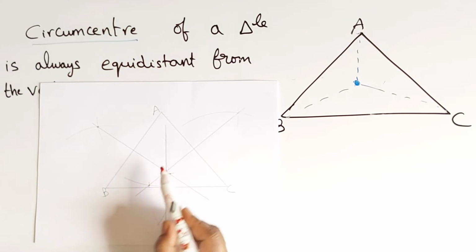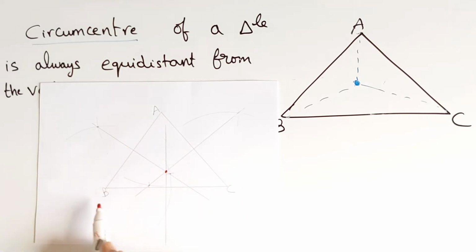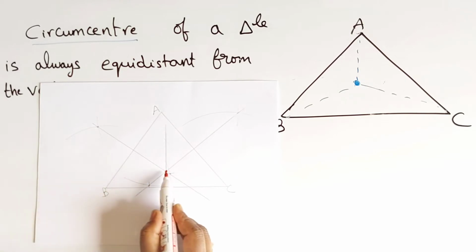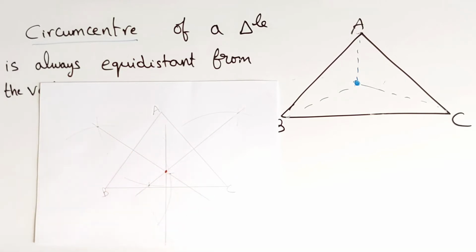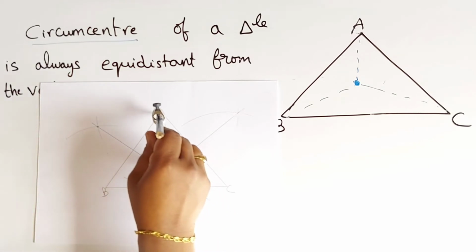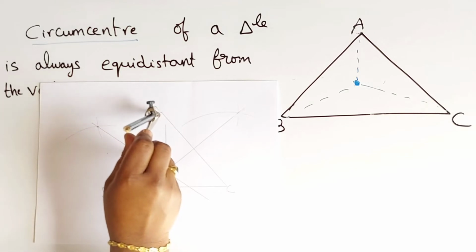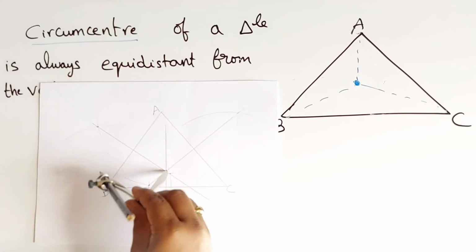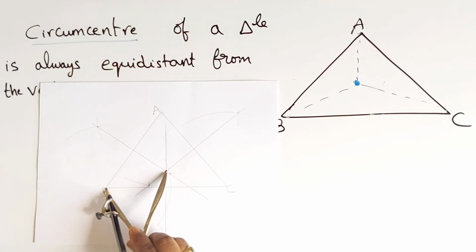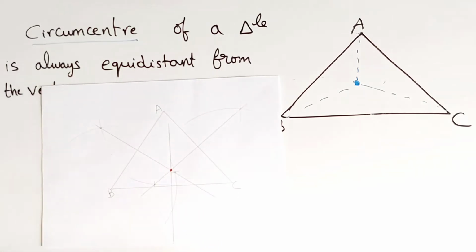The circumcenter of a triangle is equidistant from the 3 vertices. If you observe this distance and this distance and this distance also, it is equal, children. Let us see the distances from the circumcenter, children. From this point to A, this much. Now, point B, same here also. Now, we will see point C. See, children, same here also. Correct? So, it is equidistant from all the 3 vertices.